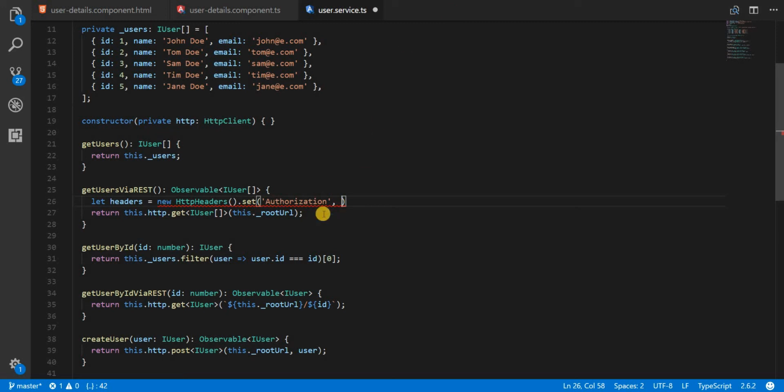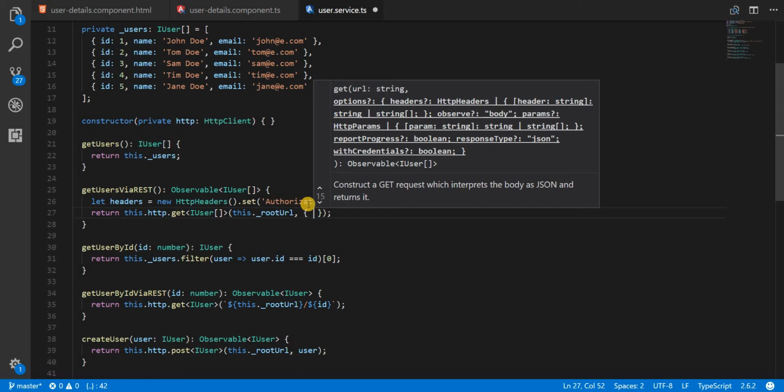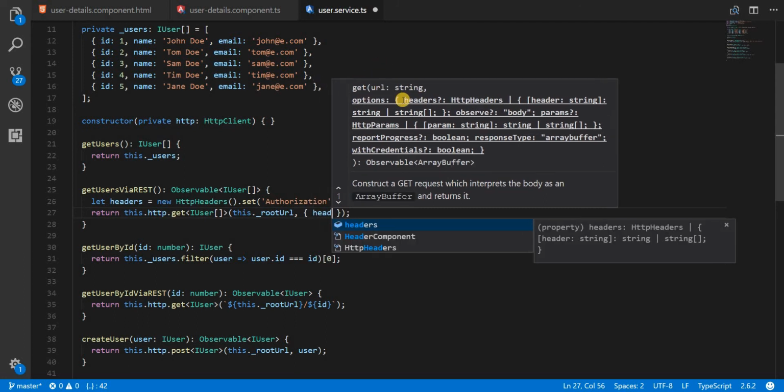So first one would be the name of the header, that is authorization in this case, and the value of it would be bearer and your access token here, like so. And then to this get method I can pass this as an options, and in this options as a header, so headers